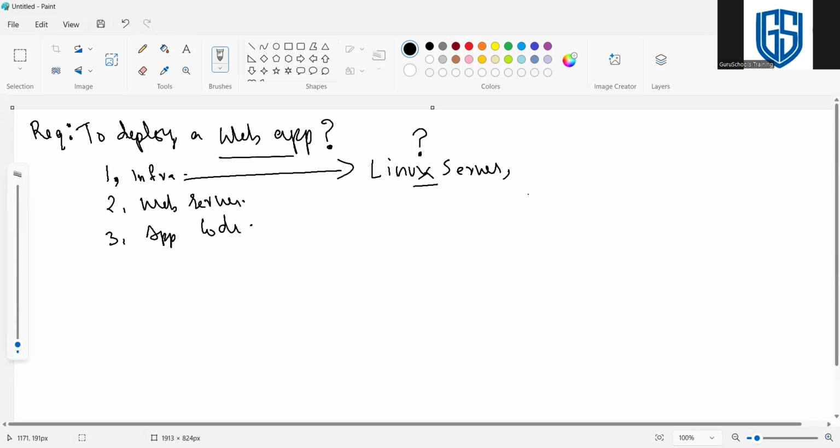We need a DNS server for routing IP. I'm talking about the infra actually. All the package libraries that the web application requires, including HTTP, we need to install, and all the packages and dependencies we can install within the same Linux server. Different types of infra are there, right?